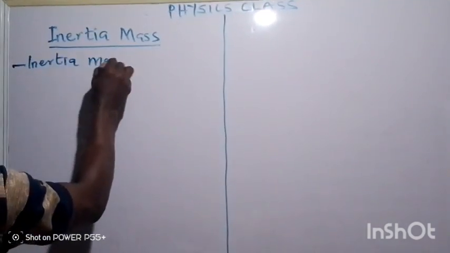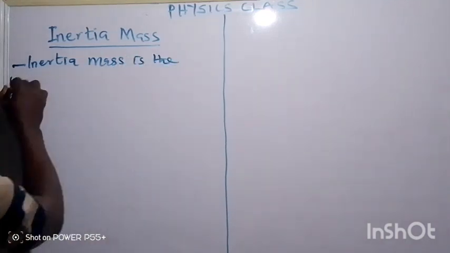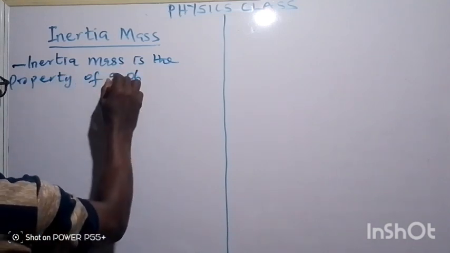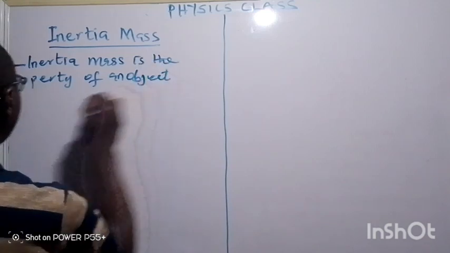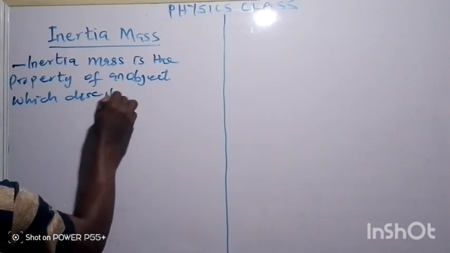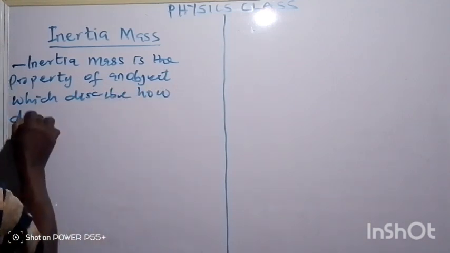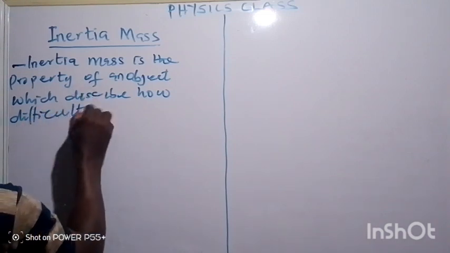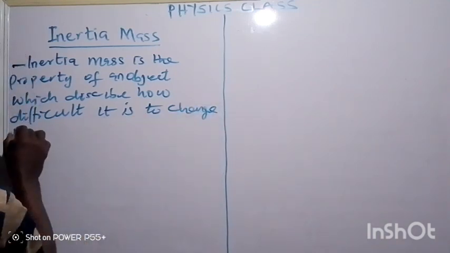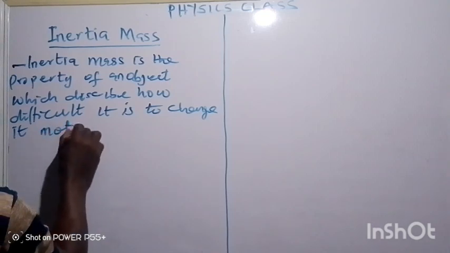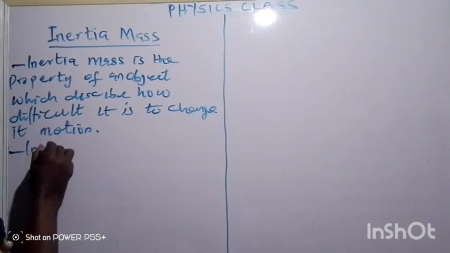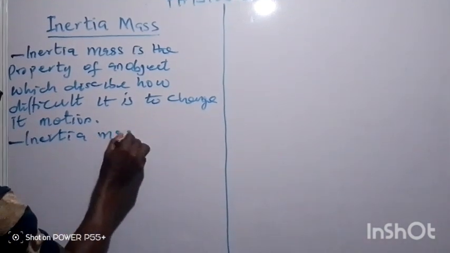Inertial mass is the property of an object which describes how difficult it is to change its motion. In other words, inertial mass is the